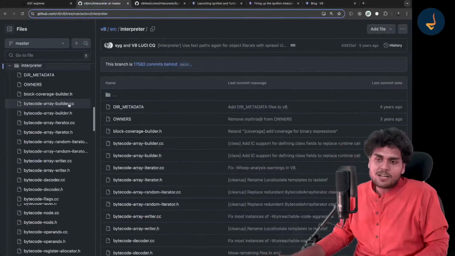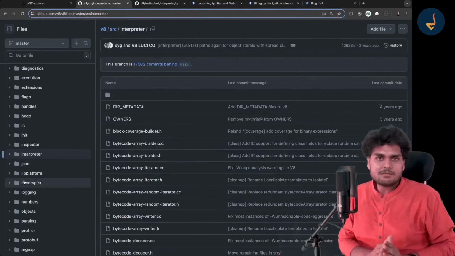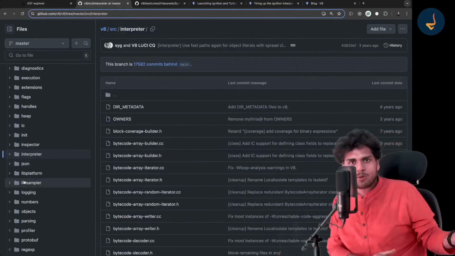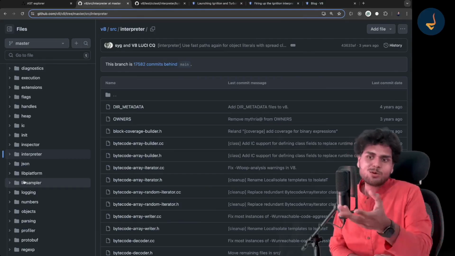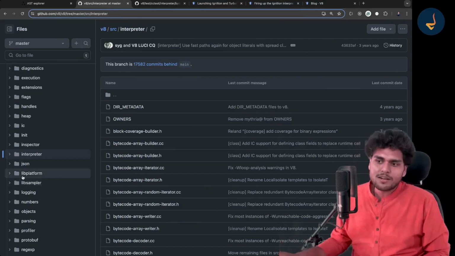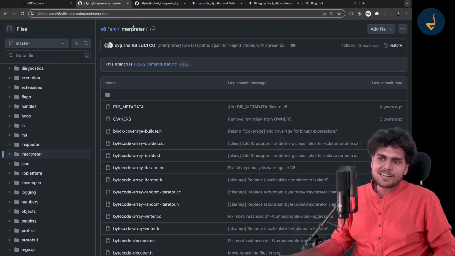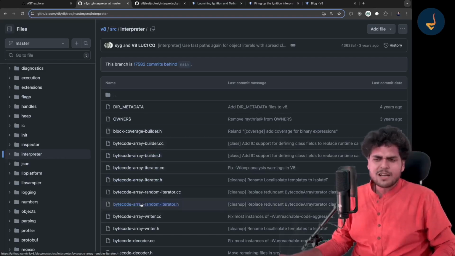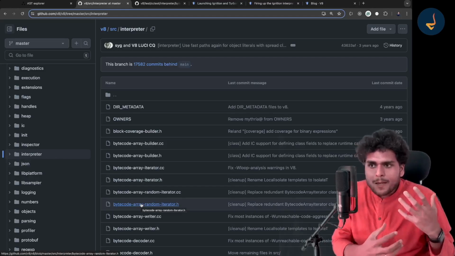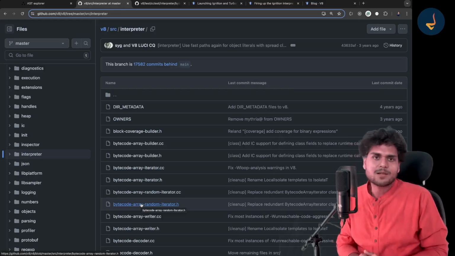I really don't understand it. Some people ask, okay Akshay, do you understand this code? No. I was teaching this to my students, and some students asked me, Akshay, are you even familiar with this code? I honestly tell you, I don't know what is written inside this interpreter or how these things work. I have explored the Node.js code repository, but not the V8 engine code repository much.